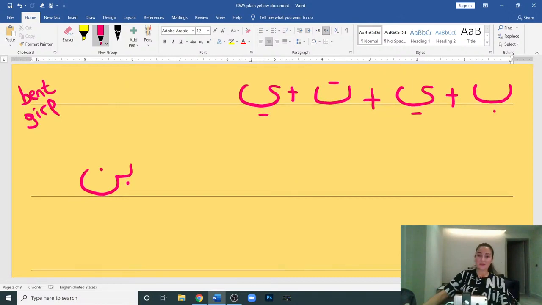We will need the initial form of the ba. Okay, we wrote it. Plus the middle form of the ya. It has a tail, it goes up and down with a line under. Then we will need another middle form of the ta because we have two letters in the middle, right? So I'm going to write the middle form of the ta. And now we will need the final form of the ya, which is the tail